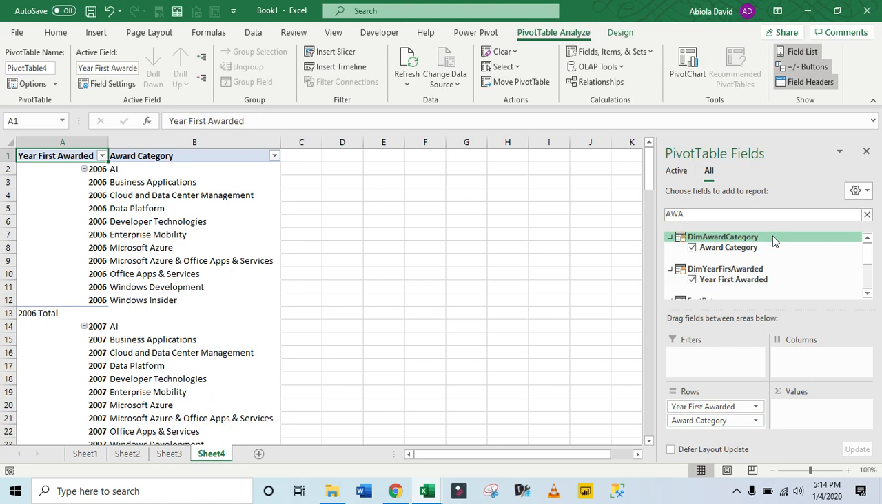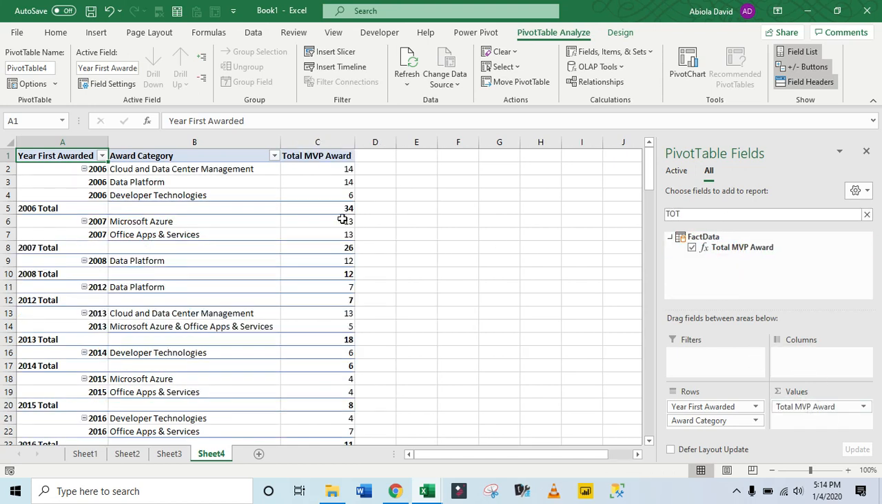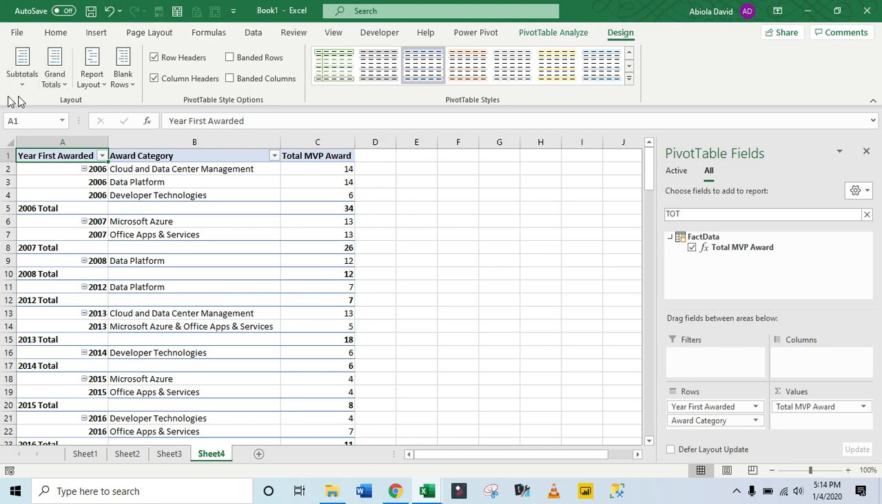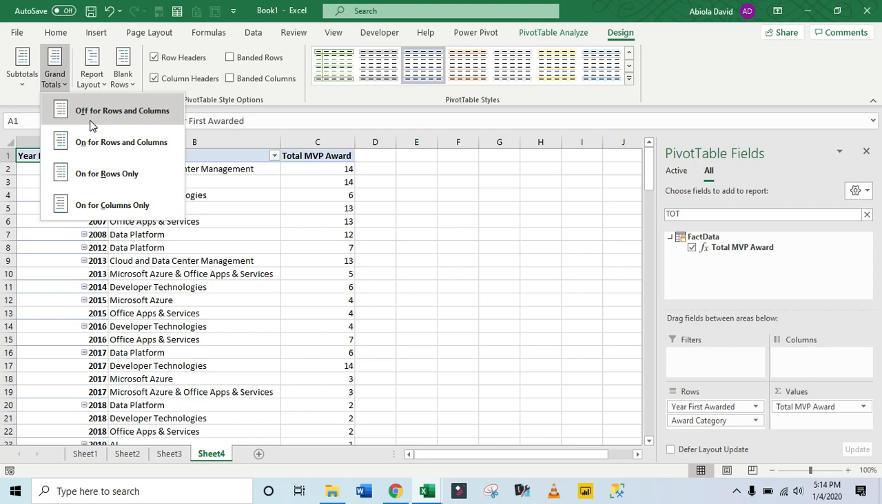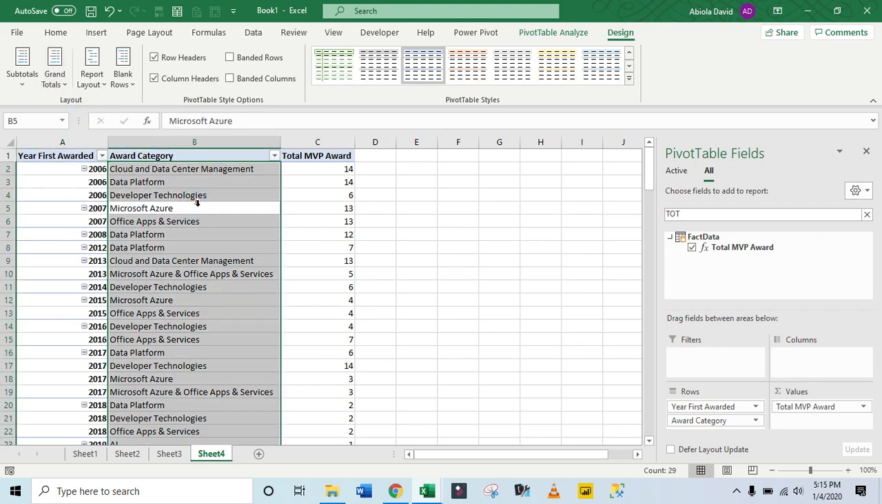Boom. And by count of total, okay, sorry, total MVP, then we'll drag that here. So can you see that? Okay, that in 2006, for example, there are total MVP awards received by the guys in the cloud and data center management. Okay, let's turn off the grand subtotal and let's turn off the grand total, and let's quickly add